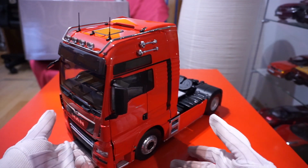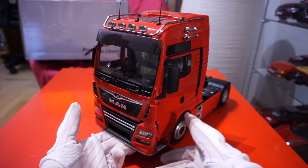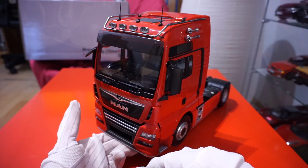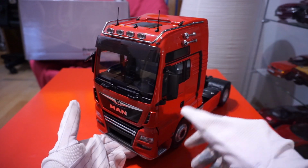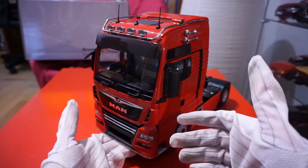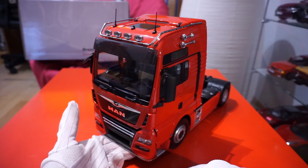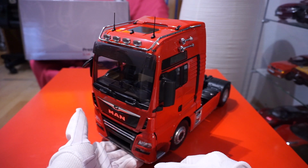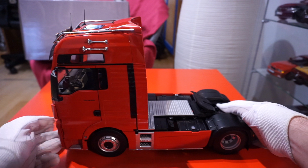So, I think that will be all. Generally, even though I found a little bit of things I don't like about this model, I definitely recommend it. It's really good for this price. It's really nice, it's really huge. You really need to think where to put it, because it's much bigger than you think it is, unless you already have a few trucks in 1/18th scale. Of course, some things may need improvement, for example, in future models from Premium Classixxs, but generally, I'm very pleased with my